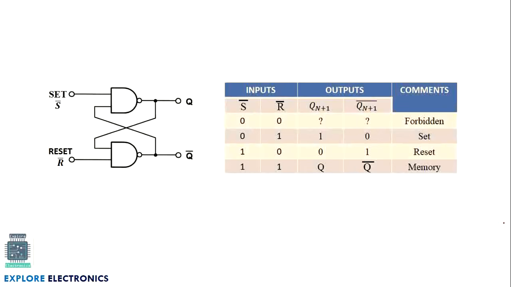And by using NAND gates, if we connect NAND gates in place of NOR, these two are NAND gates now. The same arrangement, but the change we are supposed to make is, in place of S, we need to treat it as S bar, and here we need to treat it as R bar. Then only it will satisfy the output condition we have given in the truth table. Here in this case, what happens? For 0 0 input, it is forbidden, and for 1 1 input, it will be holding the state of Q and Q bar. That is the only change we can observe here.